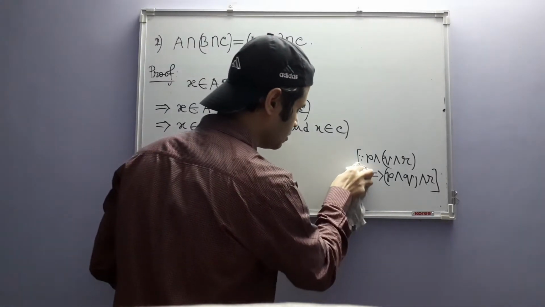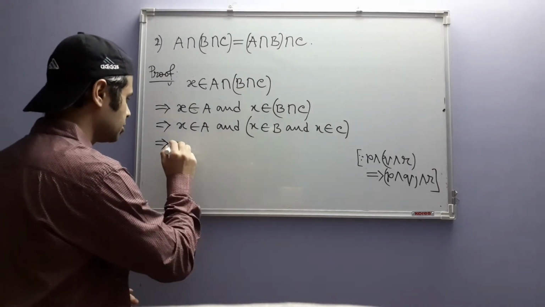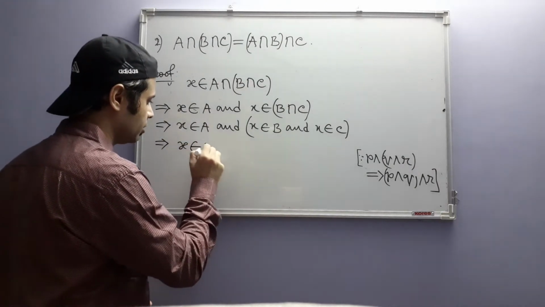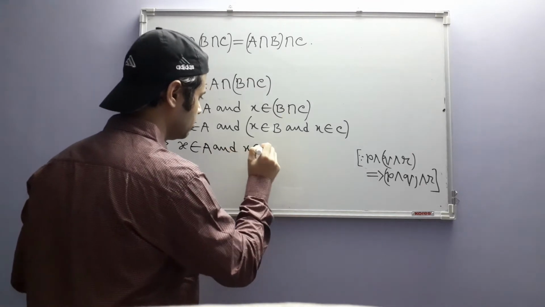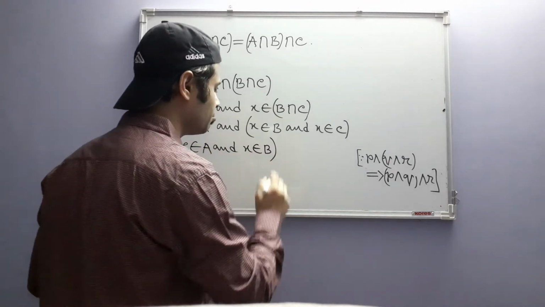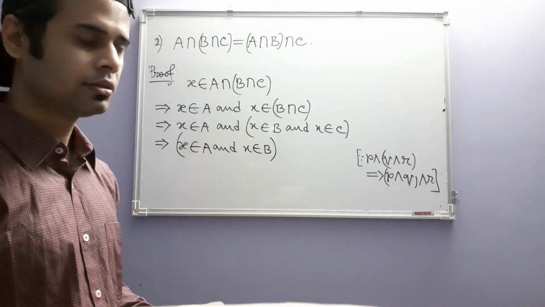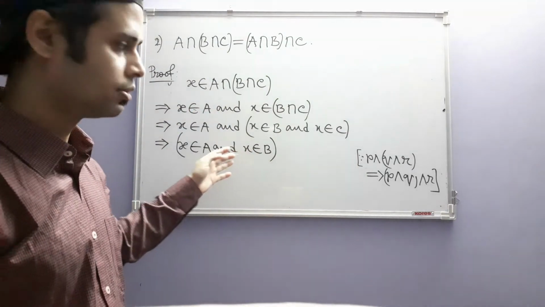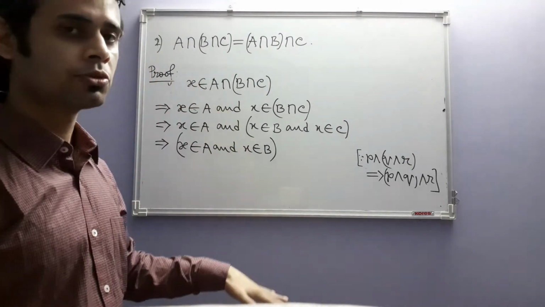And we use only one half of the law. So this we can write as x belongs to A and x belongs to B. You will notice that although many proofs in set theory are somewhat similar to other proofs in set theory, you have to practice writing these proofs more and more,